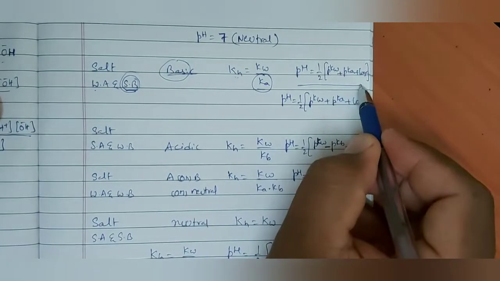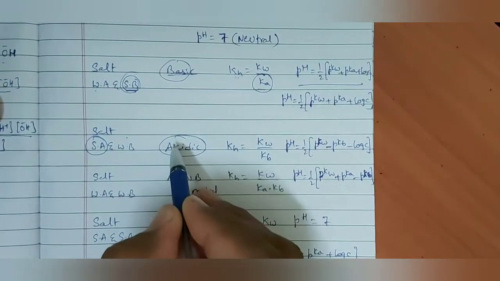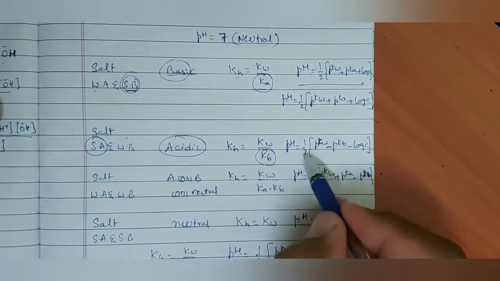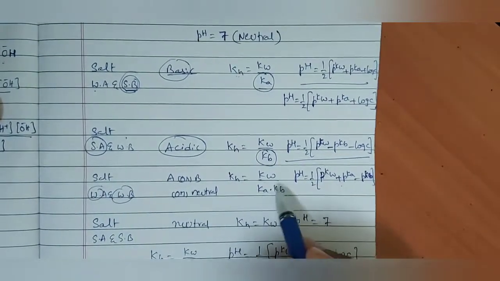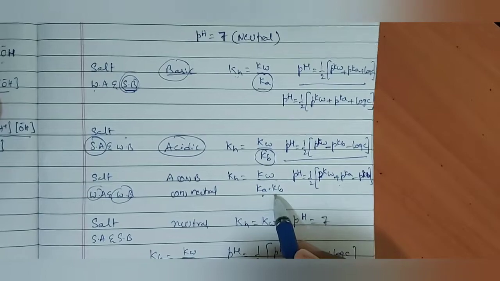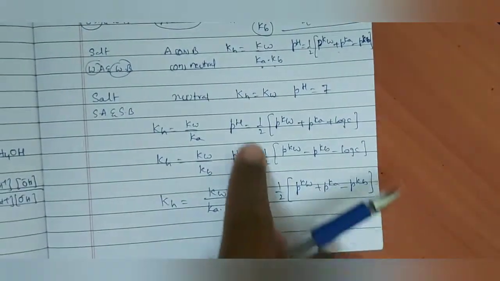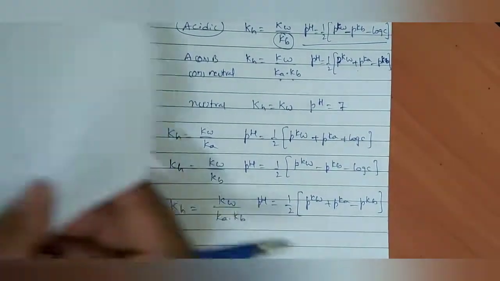According to the pH formula we can remember. Here strong acid, nature is acidic, but oppositely Kb we are getting here. KH is equal to KW by Kb, according to the pH value. When both are weak acid and weak base, we are getting KW by Ka into Kb, and we are getting the pH value in this way. Like that I said to remember. Is it okay? These are the important formulae.